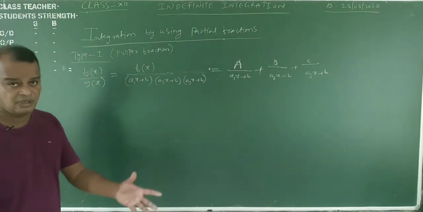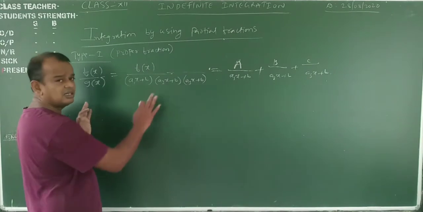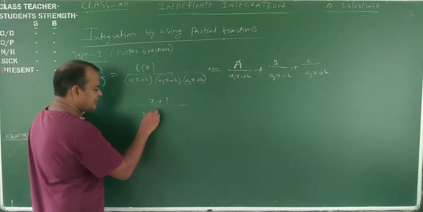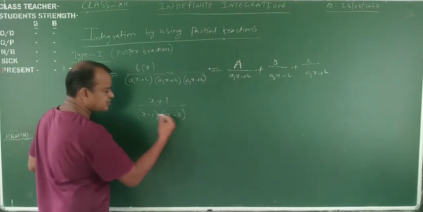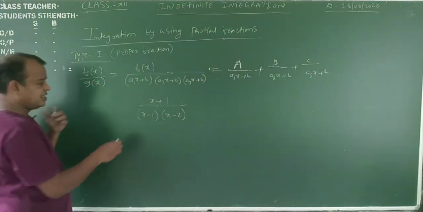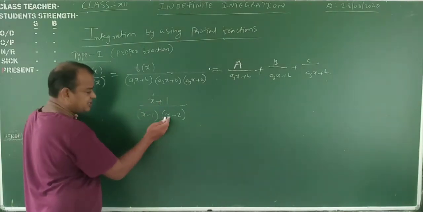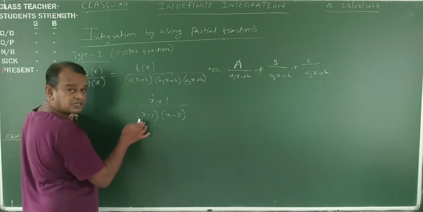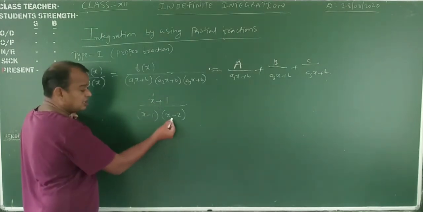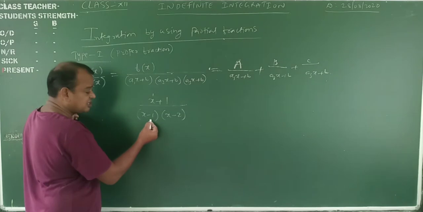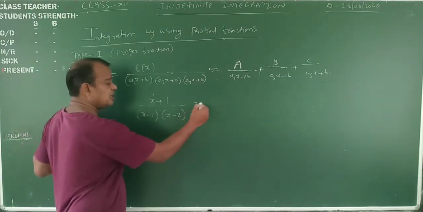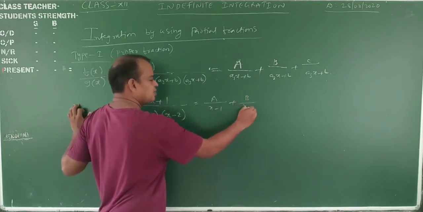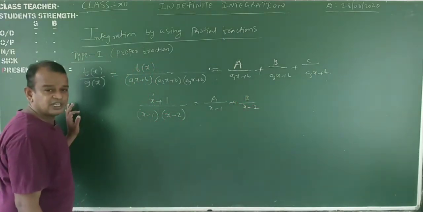Okay, we will do one example, my dear students. No problem at all, we will take the time. Observe, for suppose in the examination (x + 1) by (x - 1)(x - 2). Here the degree of the numerator is 1 and the denominator is degree 2. This is a proper fraction, and the denominator is non-repeated linear factors. The process is A by x - 1 plus B by x - 2.